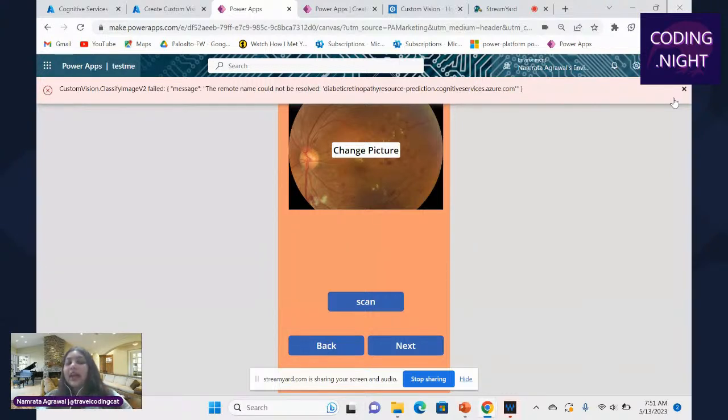So this is a line which would tell you, in a JSON format, a message that the remote name could not be resolved. And this is your cognitive service, which is carrying a resource. And resources, you create in your Azure portal, which I'll show you right now. So this is a message which you will see often.